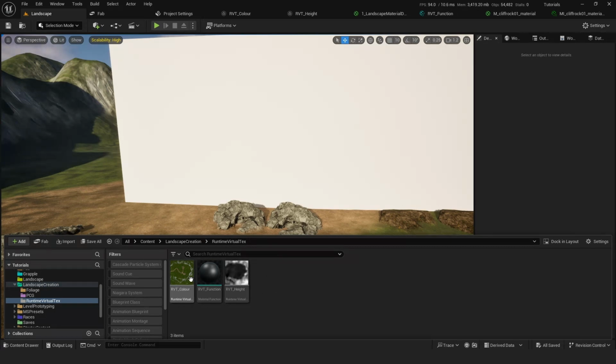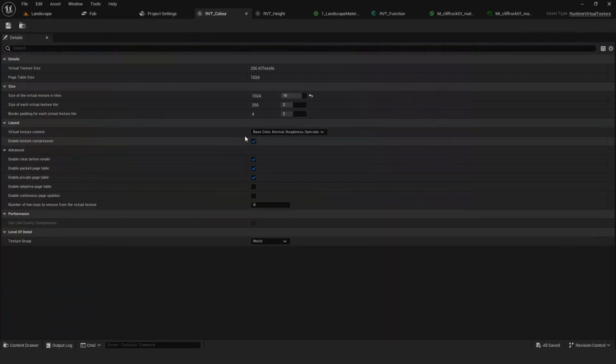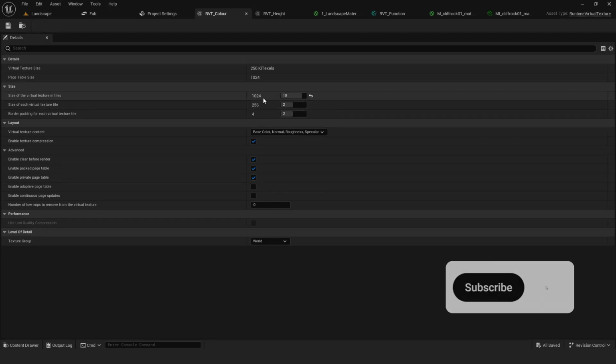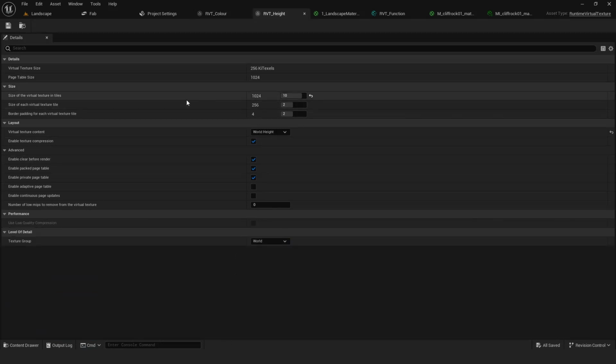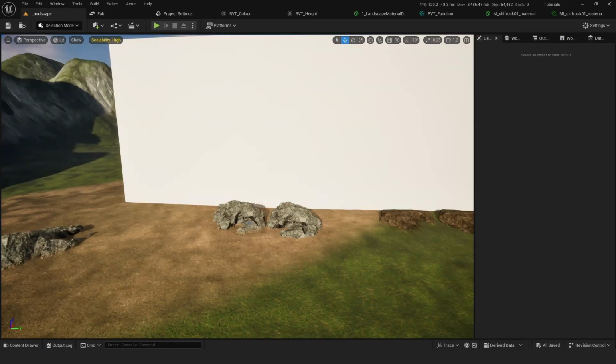Once you have these two created, we're going to go into color, and the only change we're going to do here is increase the size of the tiles. I increased it to 10, which is a 1024 resolution. And within the height, we're going to do the same thing, and we also in virtual texture content, we need to put world height. Once that's done,